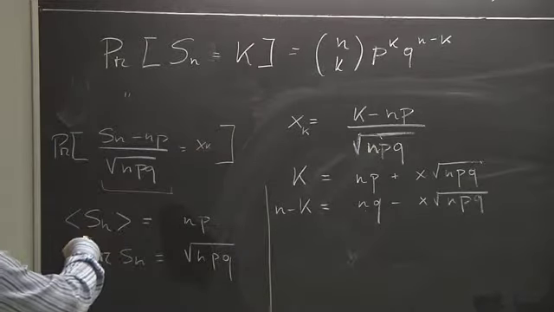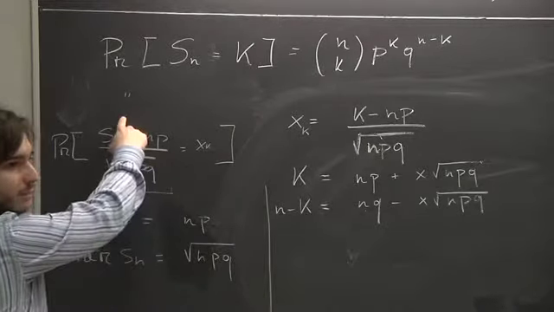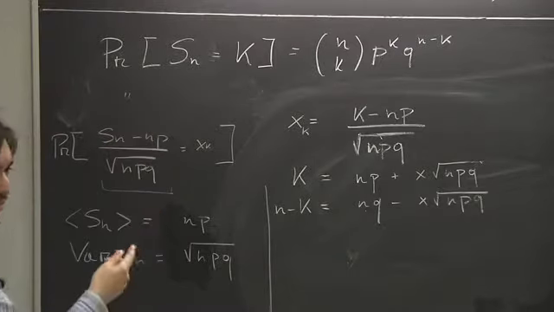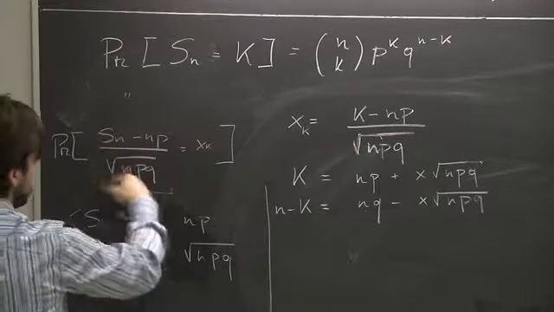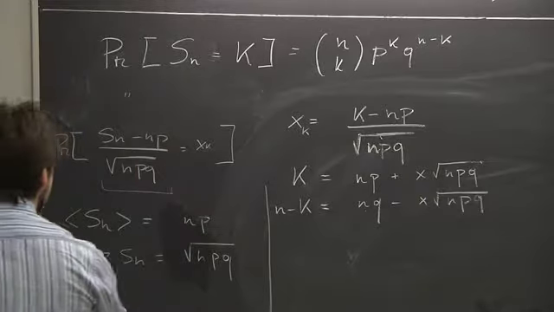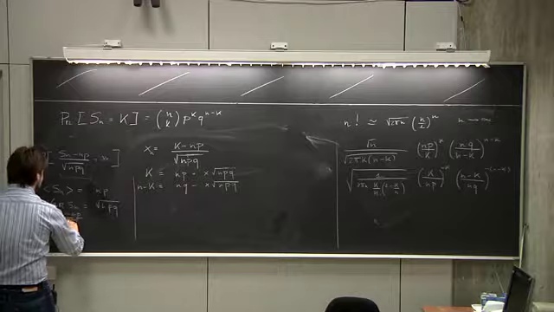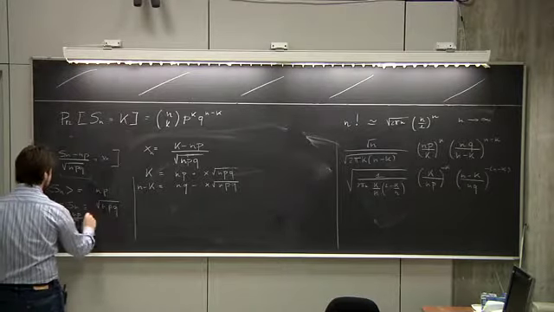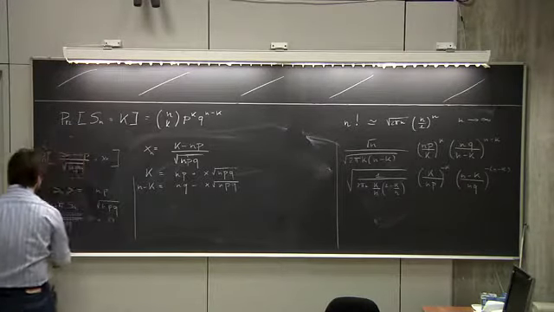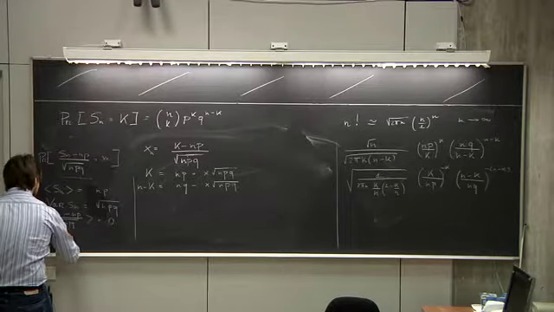If you calculate the mean of this quantity, it will be 0. And if you calculate the variance of this quantity, it will be 1. So what I wanted to say is just this thing. This is 0, and then if you do the variance,